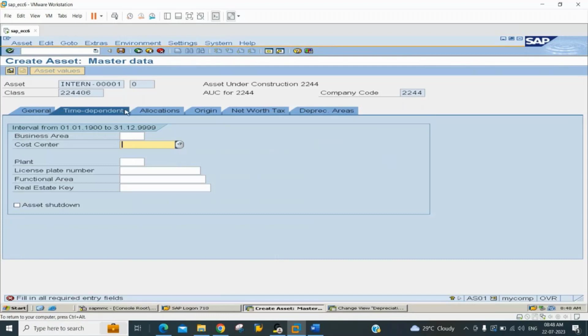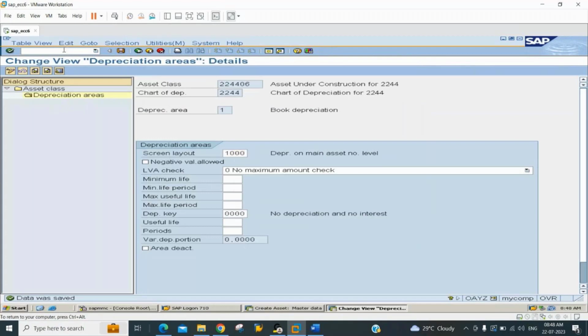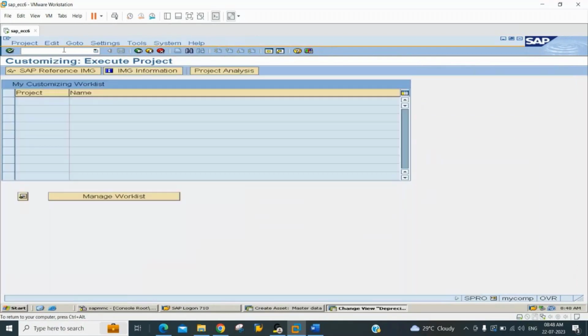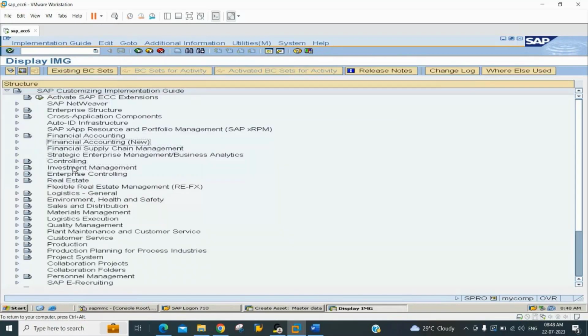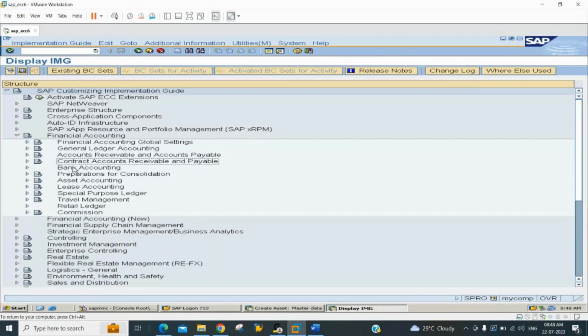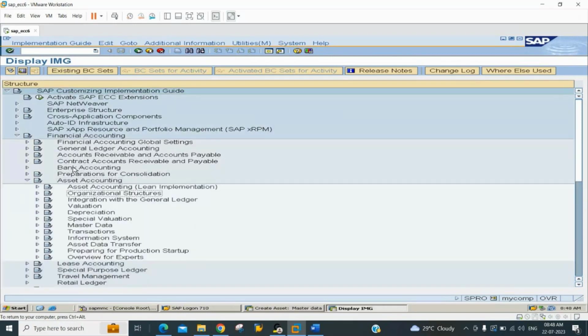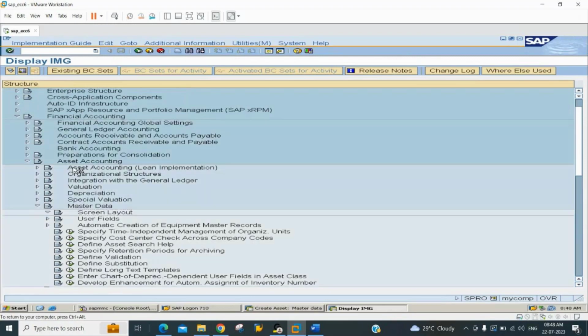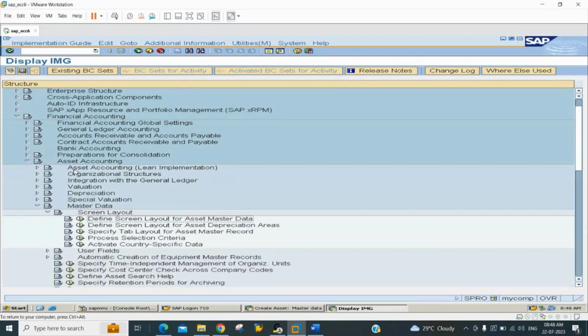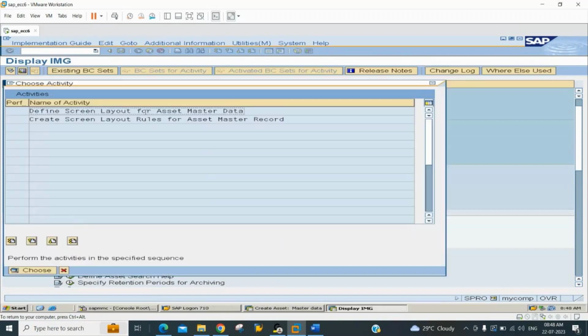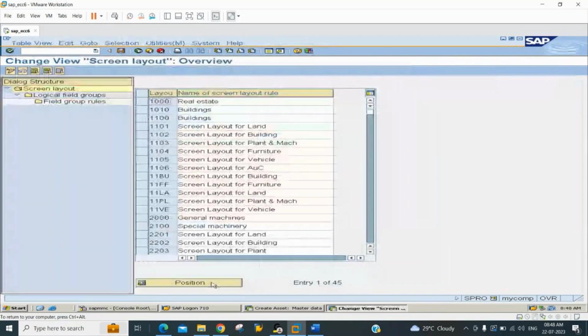To make it optional, we need to go to the master data layout, go to the SPRO, go to the path. Again we need to go to the financial accounting, asset accounting, and we have here option master data. Under this we have option screen layout, and under the screen layout we have the first option, define screen layout for the asset master data. Double click on the first option, define layout for the asset master data, and here we can select our layout ID